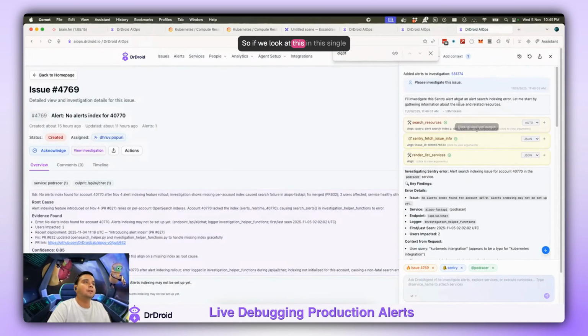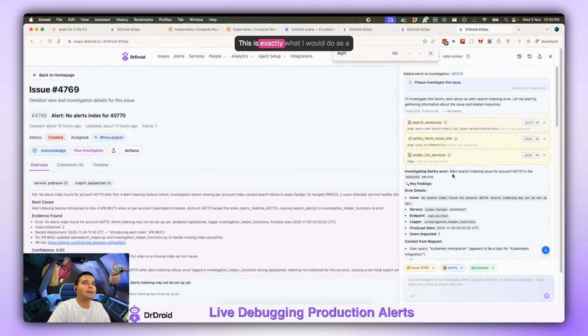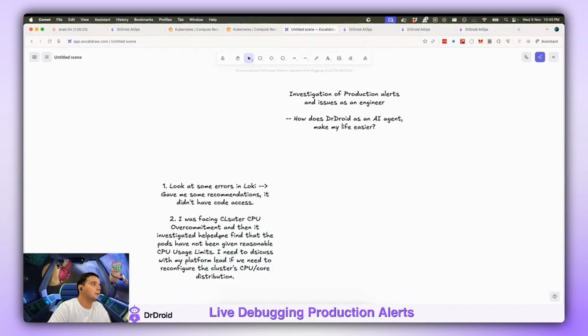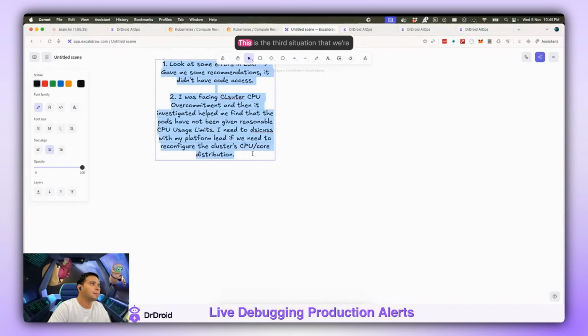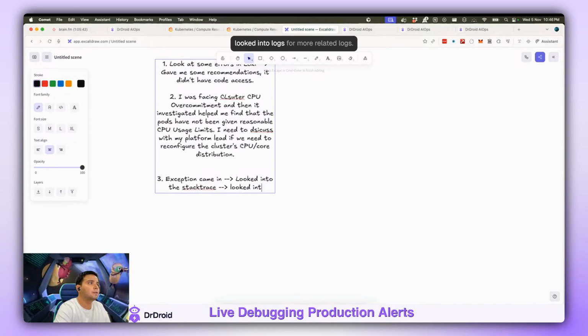So if we look at this in this single investigation that has happened here, before it raised the PR, this is exactly what I would do as a human, right? So this is the third situation that we're talking about here. Alert comes in, exception came in, looked into the stack trace first, which is what Sentry provided me, then looked into logs for more related logs,